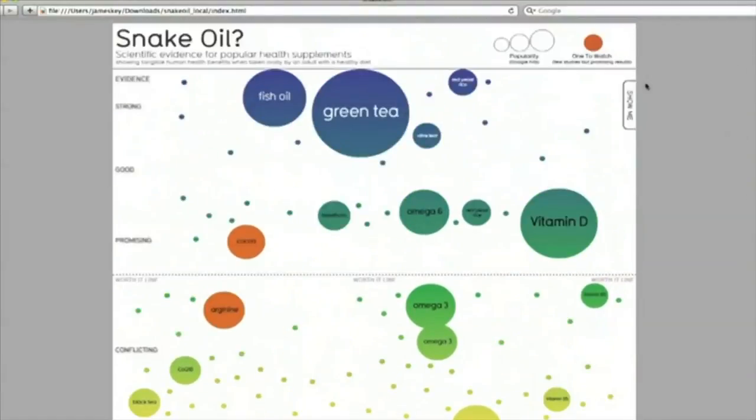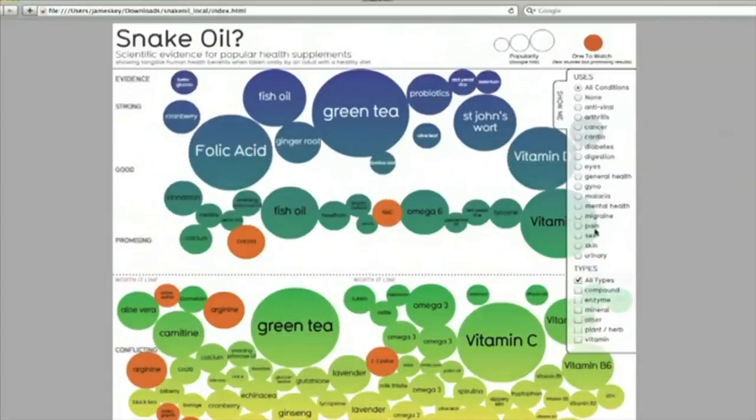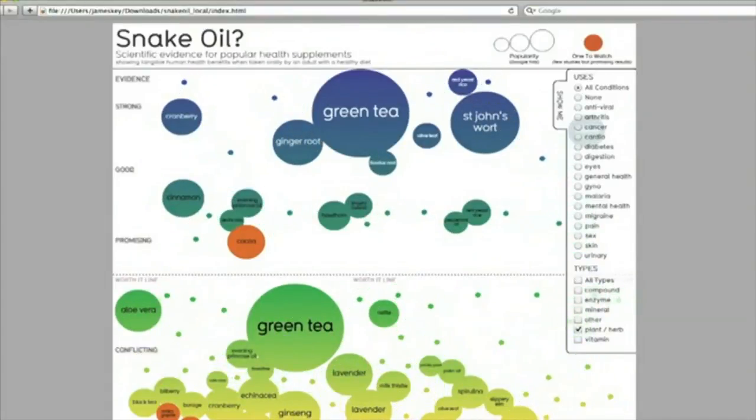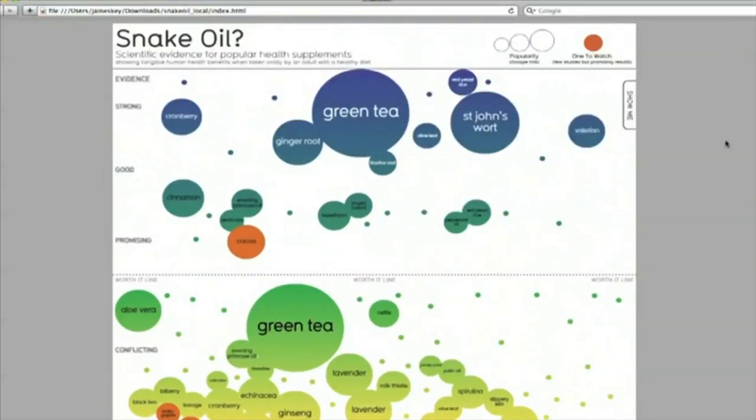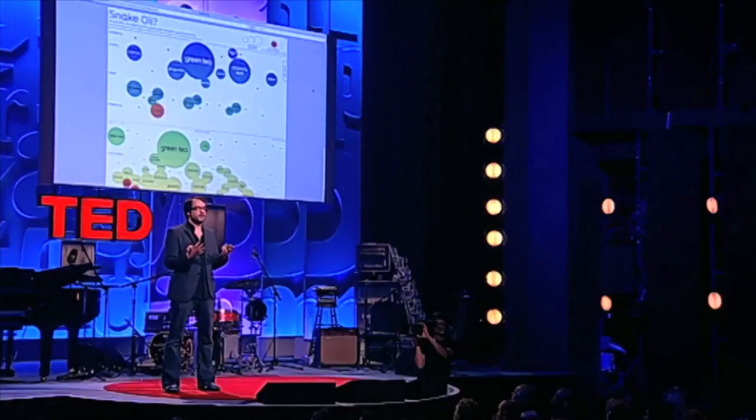I think, no, I don't want to take any synthetics. I just want to see plants and just show me herbs and plants. There we go, all the natural ingredients. Now this app is spawning itself from the data. The data is all stored in a Google Doc, and it's literally generating itself from that data.